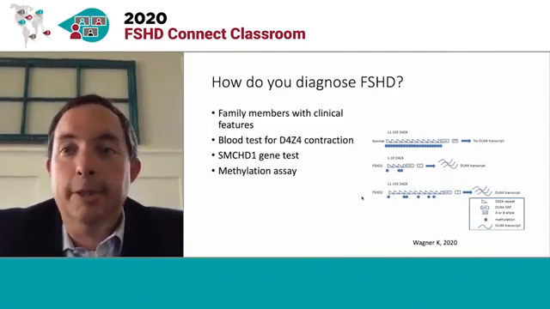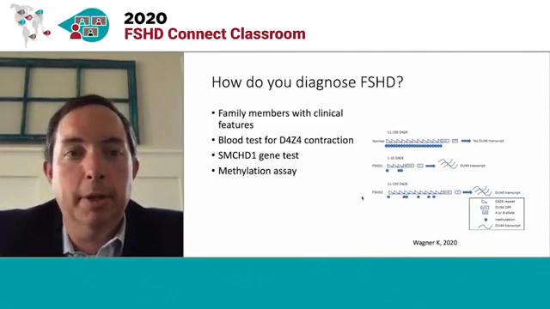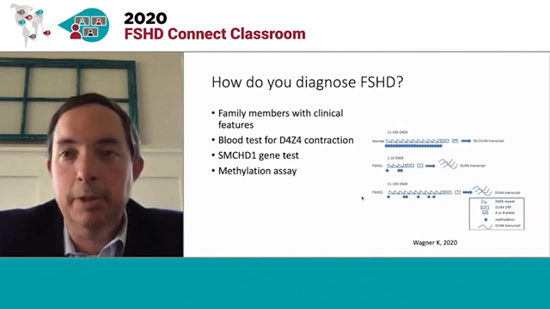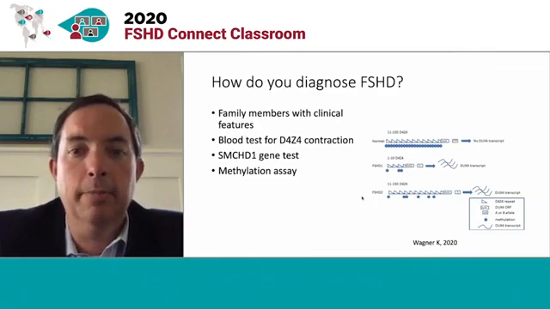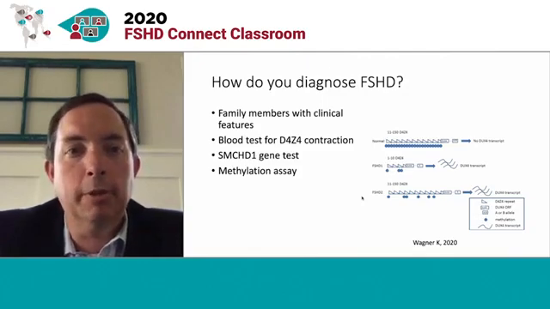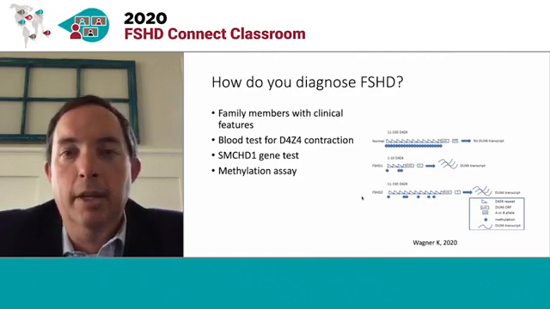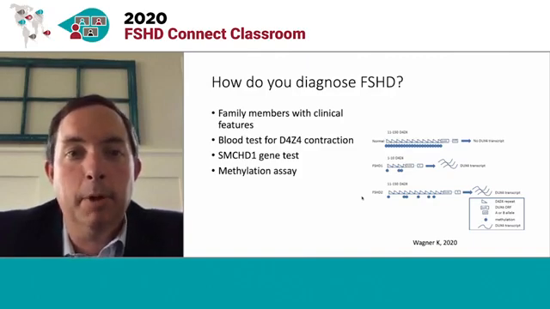So how do you diagnose FSHD? That's really the first step here in terms of thinking about the diagnosis and management of FSHD. This figure that I'm showing you here is from Catherine Wagner's Continuum article in 2020. And again, I know Dr. Harms covered this in great length, but I'll highlight a few points as we go through what the different diagnostic approach might be. So in my practice, if I see a family member and we know that, say, their parent has FSHD and they're coming in and they have all the signs and symptoms of FSHD, or even some of them,